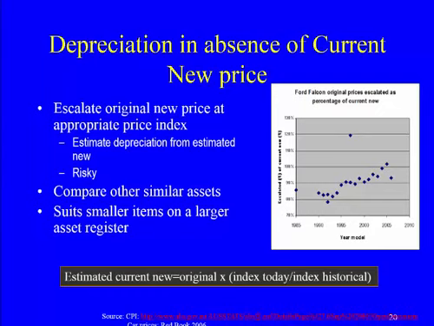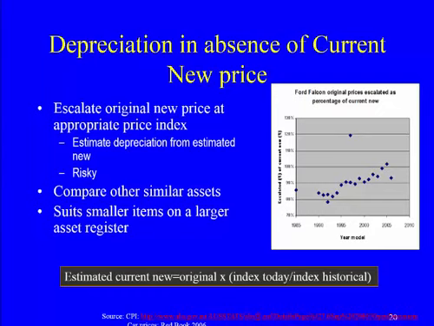new price back in time, then you multiply that by the index today versus the index old, so the CPI in this year compared to the CPI maybe 10 years ago. And what this does is that it gives you a factor by which the original new price is escalated to present dollars. Doing that for some assets, it gives you quite a reasonable indication of what the new price today would be. When we check how it works in the case of our Ford Falcons that we've been looking at in the last few slides,